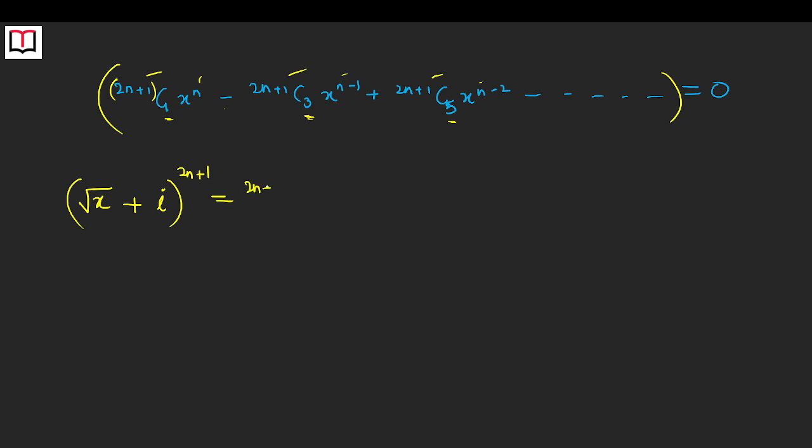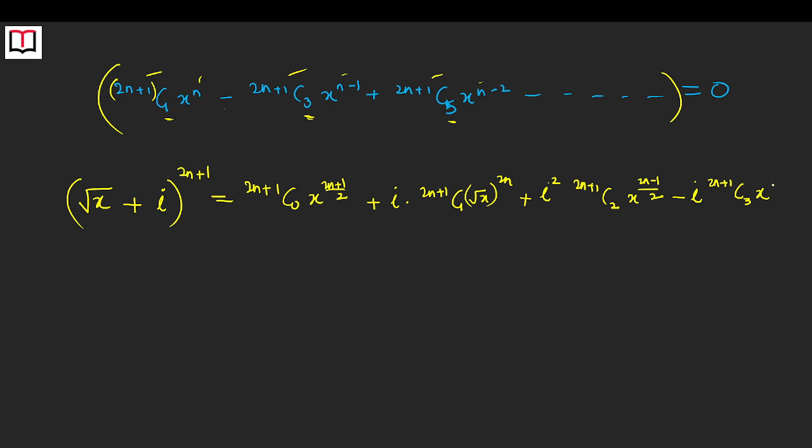So it is 2n plus 1 c naught x raised to the power 2n, and this is odd, plus iota into 2n plus 1 c1, and when you root x raised to the power 2n, which is nothing but 1, plus iota square 2n plus 1 c2 x raised to the power 2n minus 1 by 2, which is odd, plus iota cube, which is minus iota, 2n plus 1 c3 x raised to the power 2n minus 2 by 2, n minus 1. Okay, now look at your series and you will find that the series which we are looking at